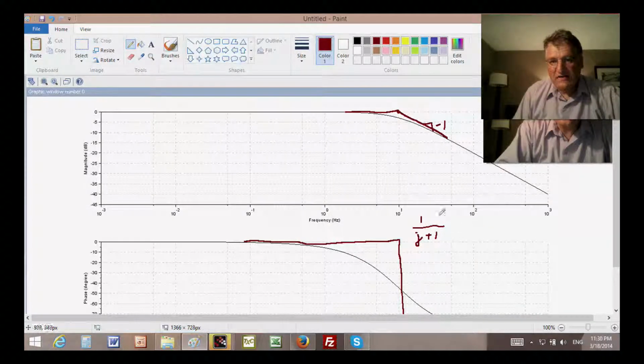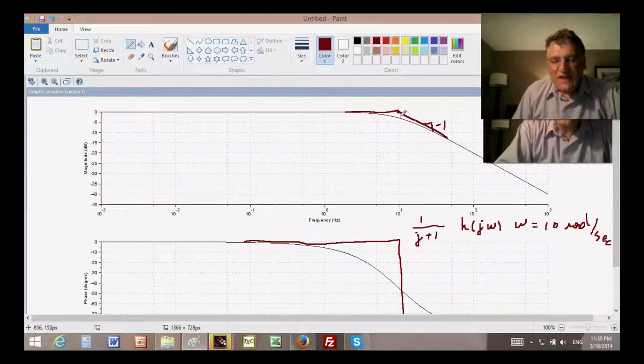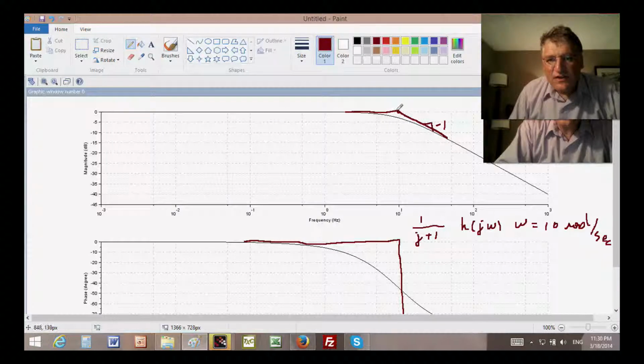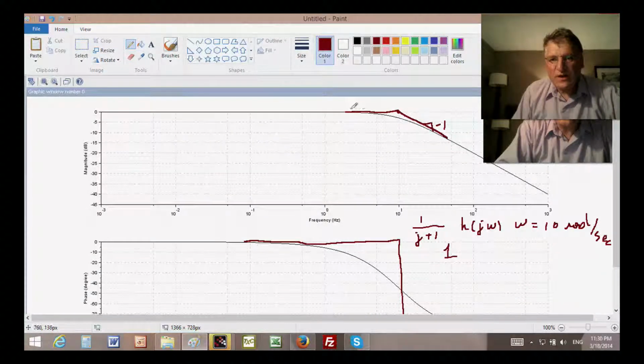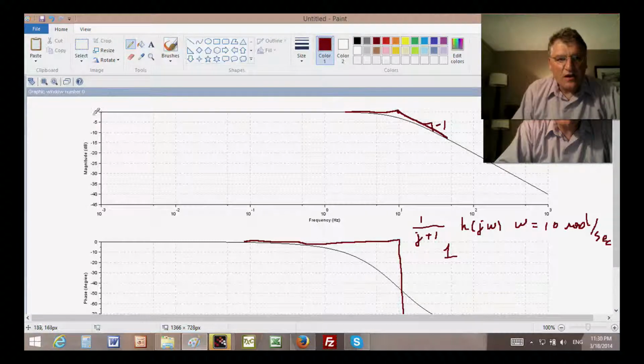That's H of j omega when omega is equal to 10 radians per second. And then the value here at A is 1. The value of my piecewise linear approximation is 1, right? Because it is